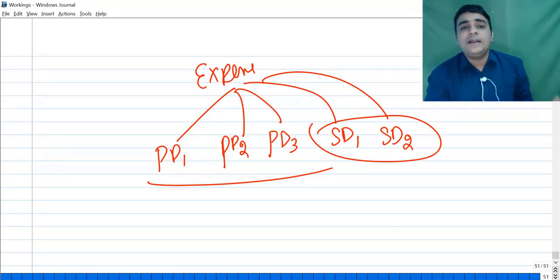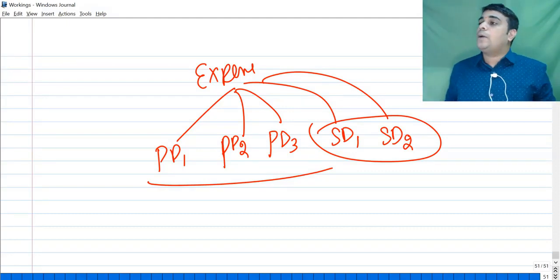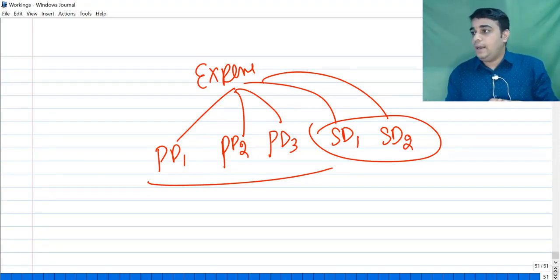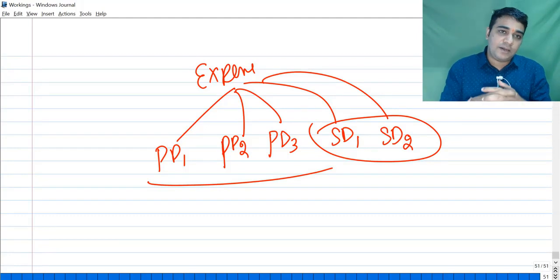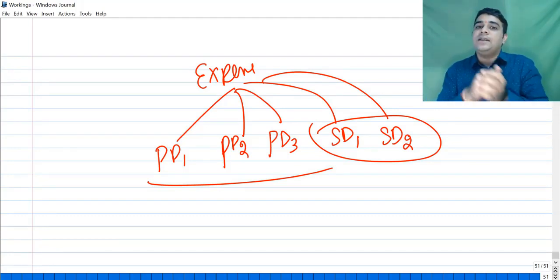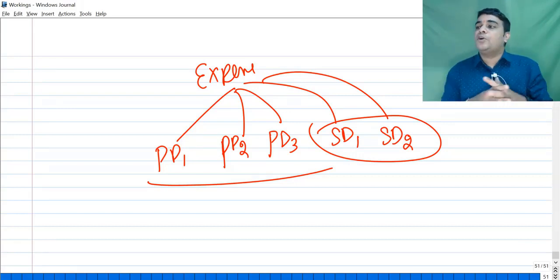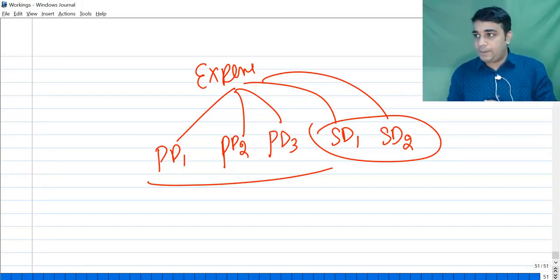Activity based costing tries to convert most of your fixed expenses into variable expenses. For certain expenses you can't do anything, like corporate general overheads, you will not be in a position to do anything, but most of the expenses you may try to convert from a fixed category into a variable category, because of which this will have an impact on your BEP computation. It will have an impact on break even point computation.